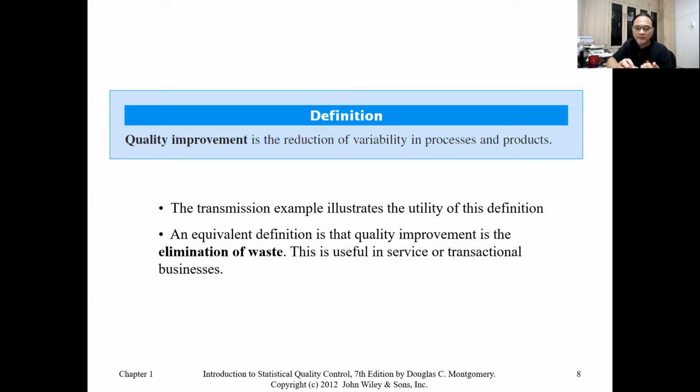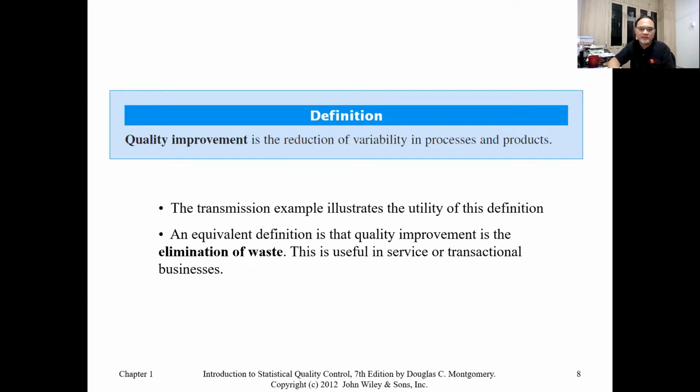Processes will have variability in terms of the raw material that you purchase from suppliers, variability in terms of the human resource, the workers that you have, and their skills. So if we can reduce the variability of all these sources, man, method, material, machine, you will be able to produce consistent products. And all this can be measured and defined and